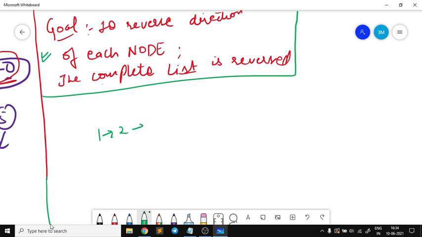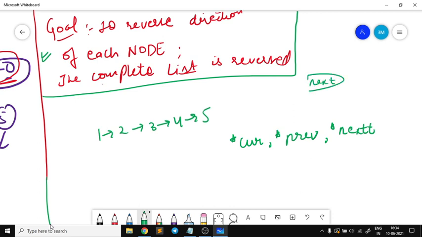Now our linked list was something like this. Correct. Now what I'll do, I will keep 3 pointers with me, right? One pointer will be current, one will be the previous one, and one will be the next one, right? I'm denoting it by double T because next is already defined in the structure of that particular node. Next means the next link of the current node. So that's why I'm keeping it this way, to avoid any typo kind of error.